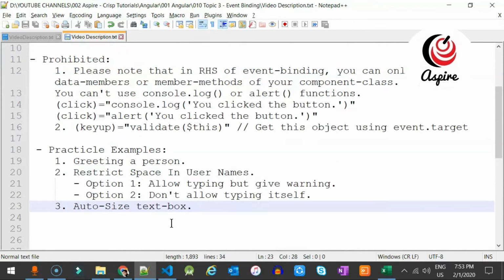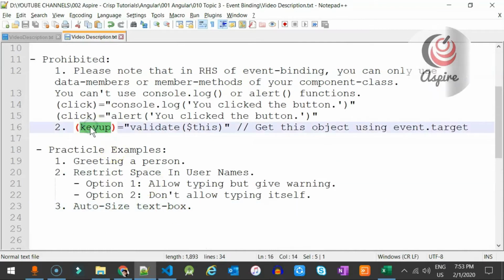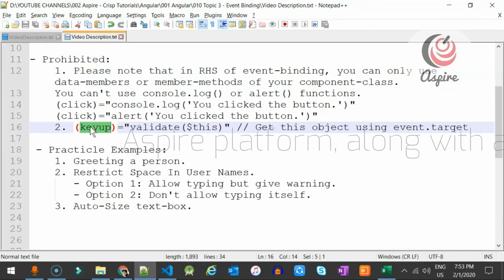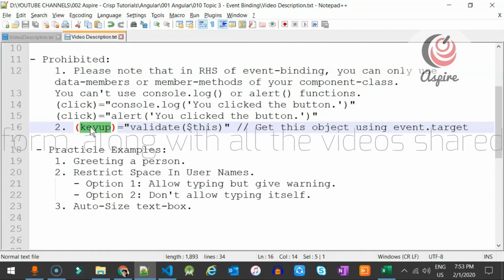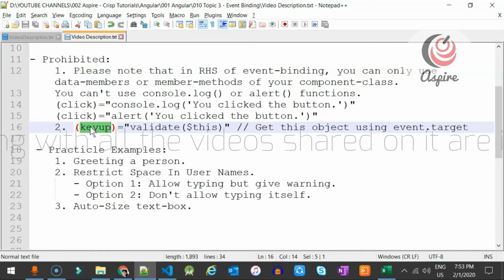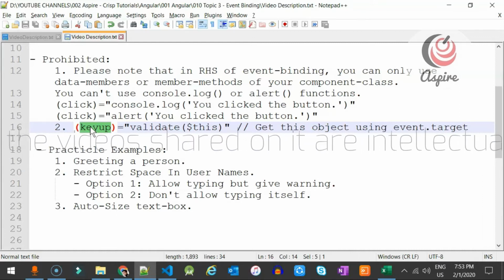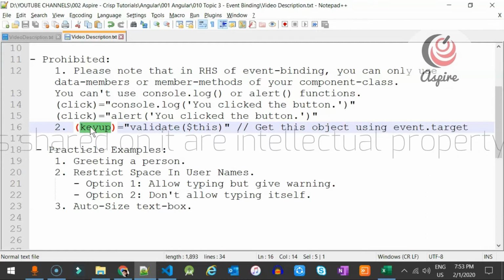For that you need to use a keyup event, right? So as soon as something is keyed up, you will first figure out the value of the text box after that keyup, and then you will determine how much space it should require. Now there are various ways of doing it. Some people calculate it depending upon pixels, but it's a bad approach because